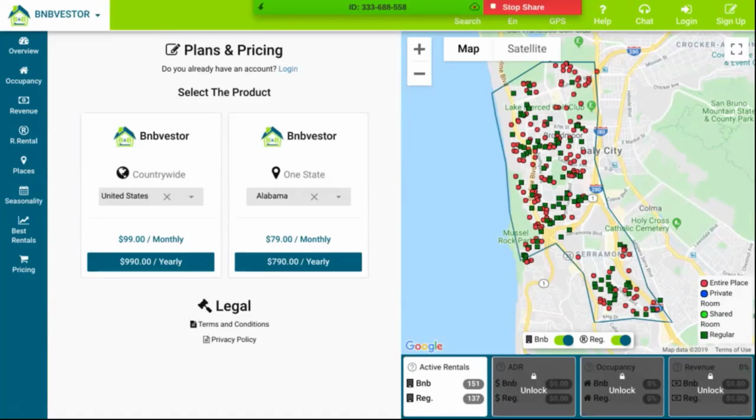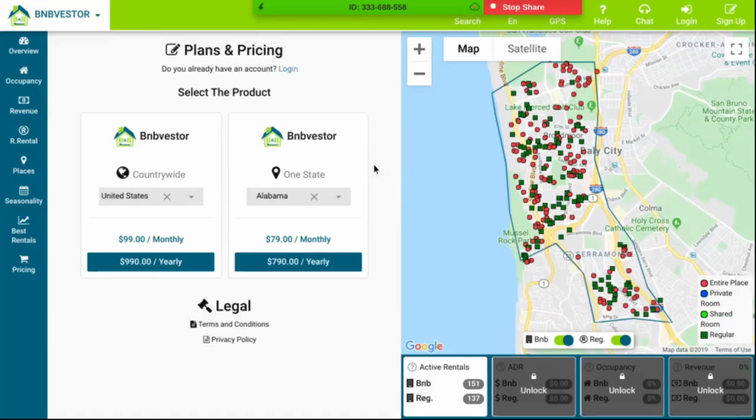And we're going to be offering information on the active regular rentals, the way that we are doing right now. If you want the system for the whole United States, it's going to be $99 a month. It's a great price, okay? Or you can have it for just one state. If you want it for one state, it's going to be $79 a month.